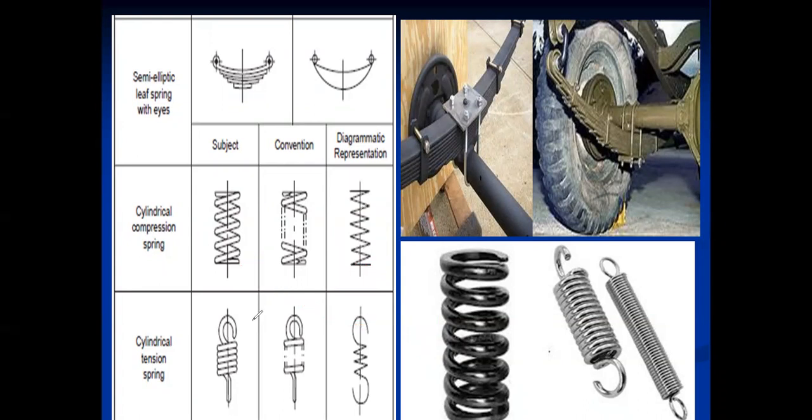Okay. Further, cylindrical tension spring. So here it is. Very famous. In day-to-day life we are using. At both ends there is a semicircular part. Okay, cylindrical tension spring. Application. Where we are using cylindrical tension spring? In the stand of a bicycle or motorcycle. Very good. Bicycle stand or two-wheeler stand, whatever.